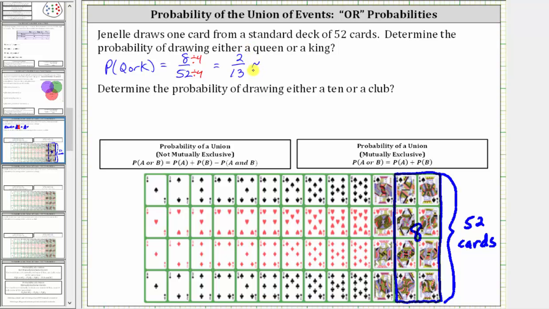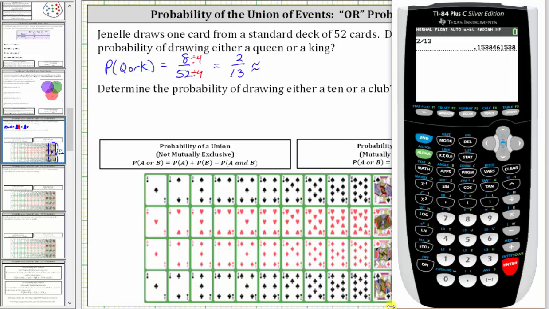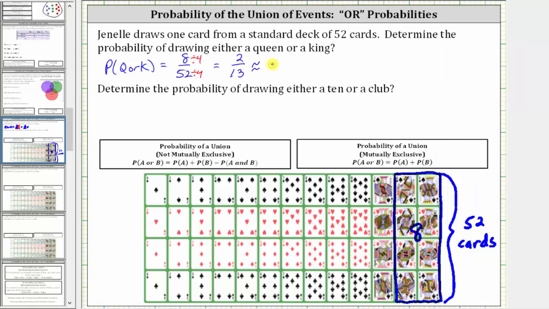Let's also express this as a decimal and percent. 2/13 to 4 decimal places is approximately 0.1538, which is equal to 15.38%. The events of selecting a queen and selecting a king are called mutually exclusive because the two events cannot occur at the same time,